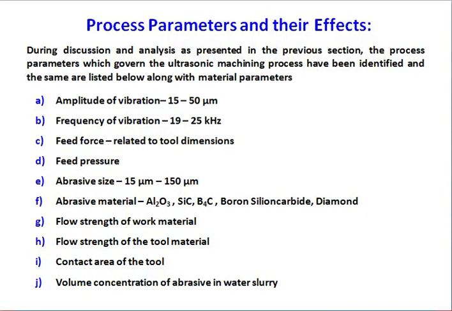As we have already discussed in the fifth lecture about the mechanism of material removal, I would still like to summarize the mechanism of material removal in USM and its modeling. As mentioned earlier, USM is generally used for machining brittle workpiece material, and the material removal primarily occurs due to the indentation of the hard abrasive grit on the brittle work material. As the tool vibrates, it leads to the indentation of the abrasive grit.